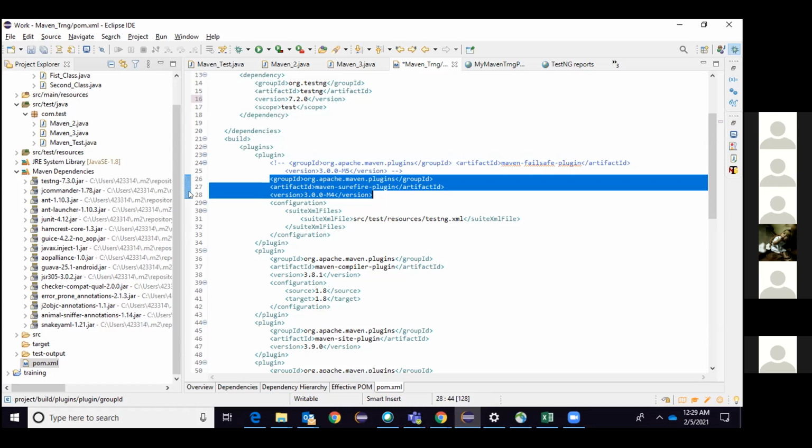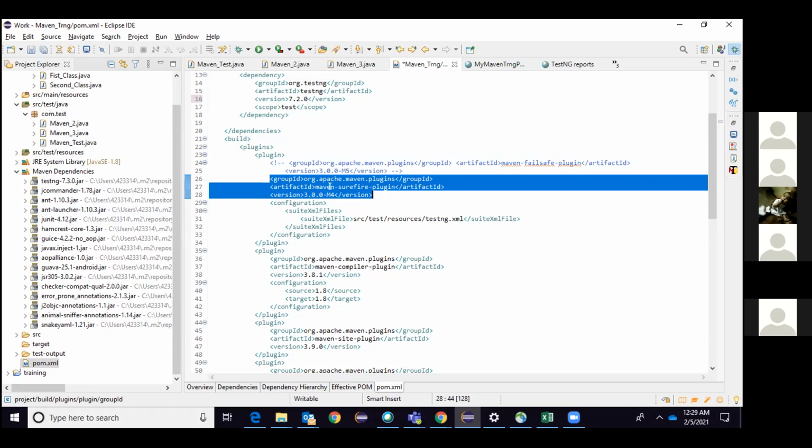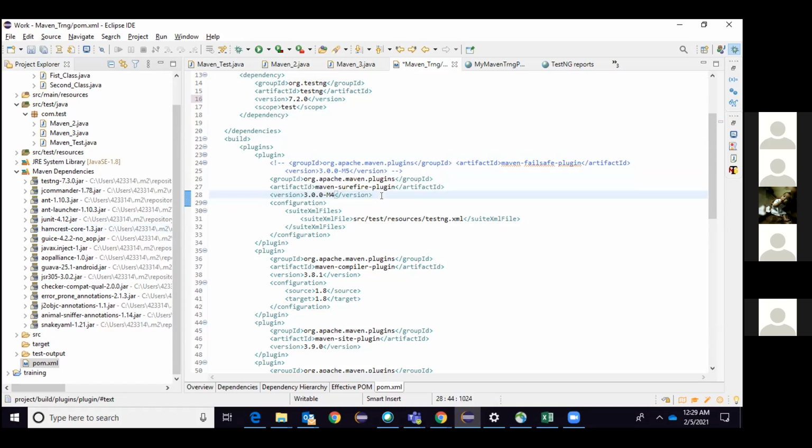I mean, dependencies in the sense, in my terms, it's a jar. Now the plugin also brings a jar. You can see here group ID is there, artifact ID is there, version is there, which is bringing the dependency from Maven. And here also there is the group ID, artifact ID, version, which is also pointing to the Maven central repository and getting the same jar file. But this jar file is not available here. What is the reason? Why are the jar files not available here? Anyone has any answers?